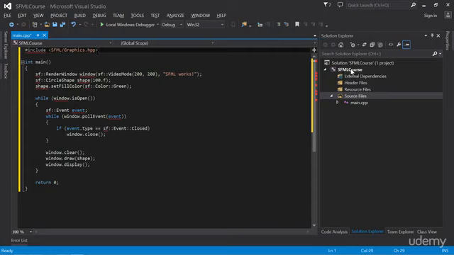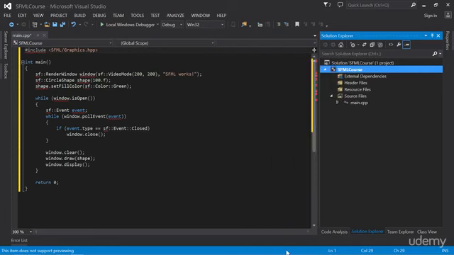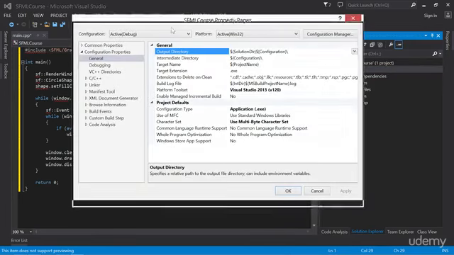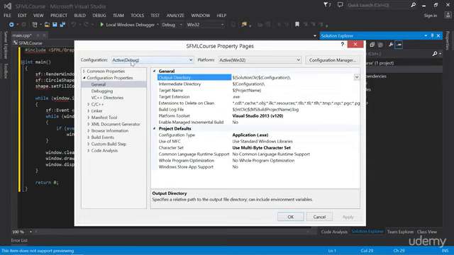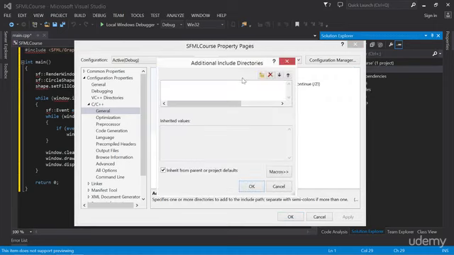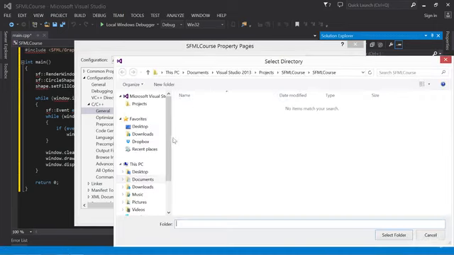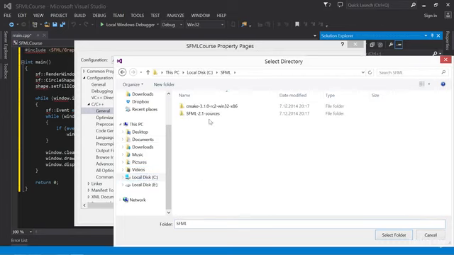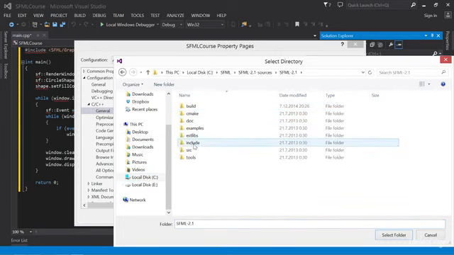So right click on our SFML course and go to properties. Currently we are changing the debug version, but you will probably want to also change your release version later. But for now, let's change the debug. So what we have to change is the C++ general, additional include directories. We want to point this where the include folder for SFML is. So click edit, add new folder, and point it to where we have SFML, the include folder,